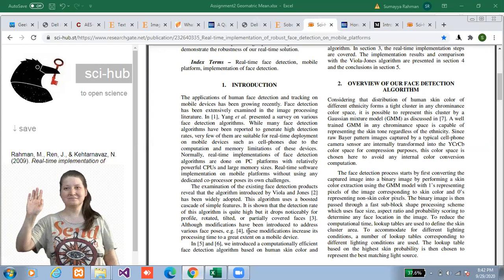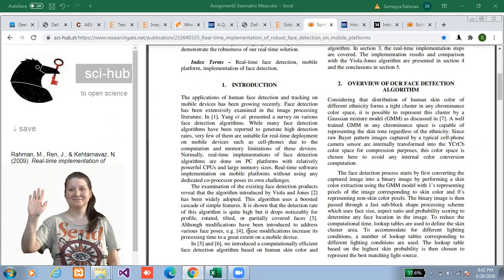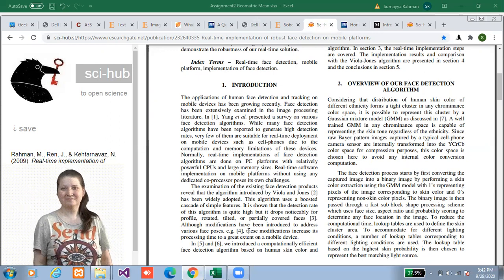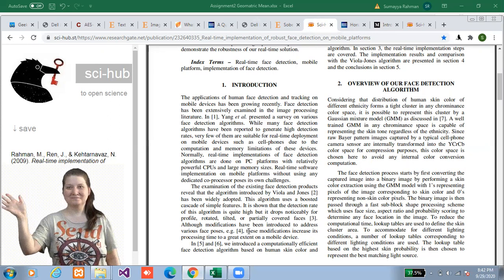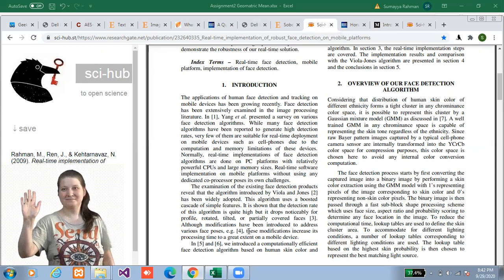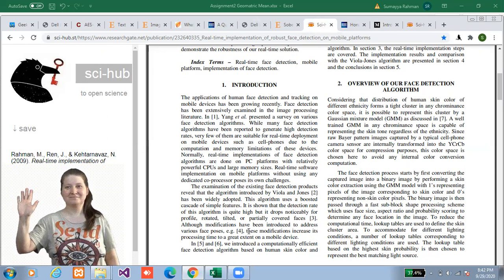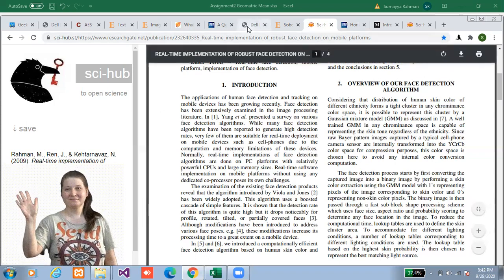Face detection has an application in photography where camera applications use face detection for autofocus. The execution speed of face detection is 5.52 images per second.